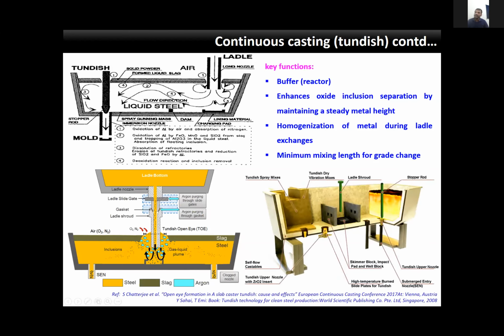How the residence time of the liquid steel can be increased by giving some furniture like a dam. Here it is a dam, and the turbo arrestor is placed here, where the turbulence generated in the liquid steel is being arrested, so that laminar flow will be generated and inclusion flotation will be enhanced. Okay, these are all the techniques. By putting up some special kind of furniture, you can basically play with the tundish performance, and then you can expect a quality steel.